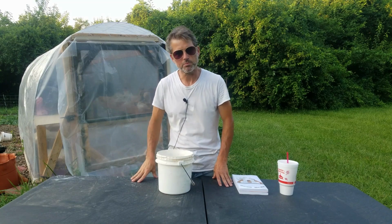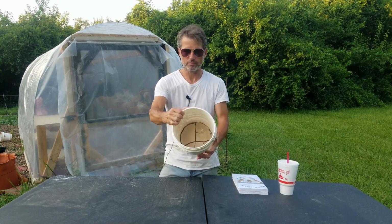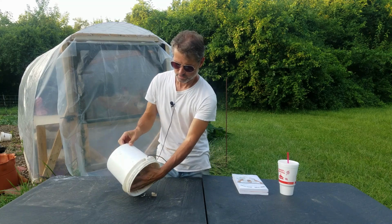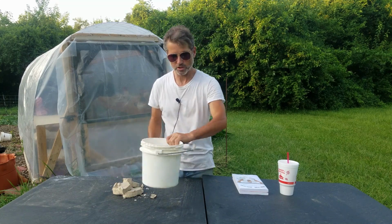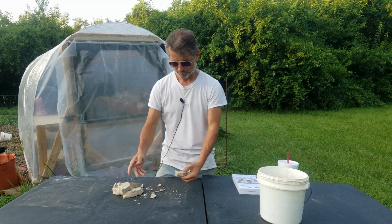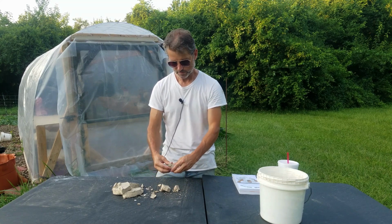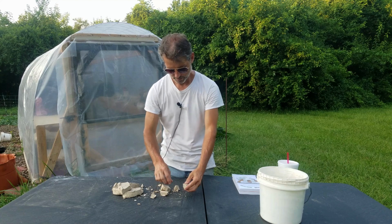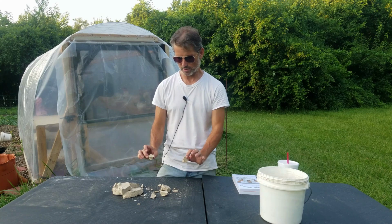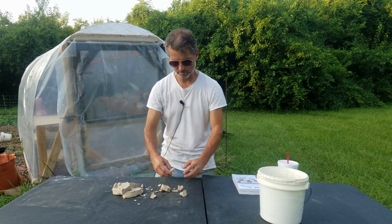Okay, so the next step on making DE rocks is, after it is dried out, you basically break it up into little chunks or into little rocks. Now that crumbled on me, but kind of like cookie dough. And this could dry out a little bit better. You can tell it's somewhat a little tan. You want it to look kind of white, but